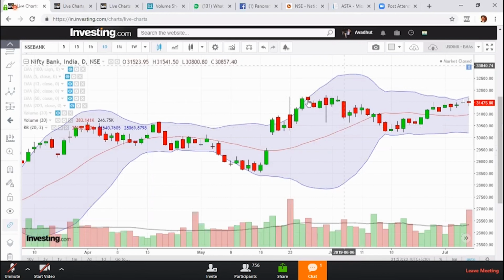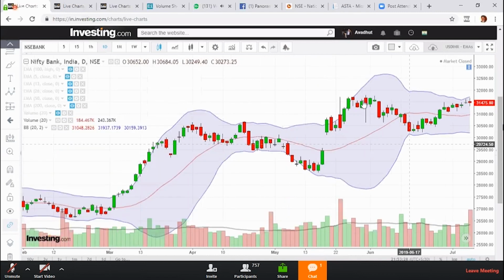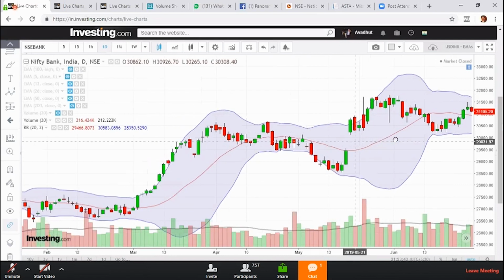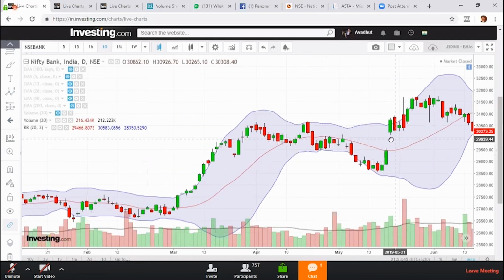So market literally went sideways. Okay, so for me, if this is some kind of an impulse, this action inside the bands, now this is where the Elliott concept comes into play. This price action inside the bands, like here it fell but took support on the lower band, forming a